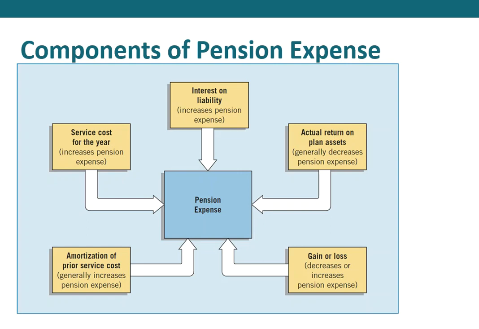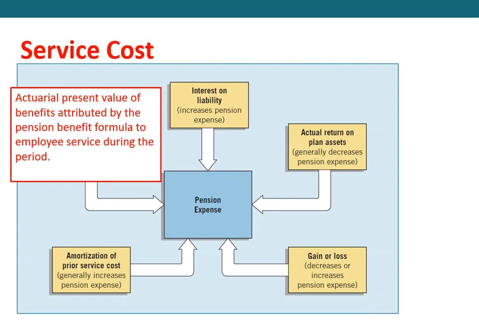We've got 5 contributing factors to a company's pension expense. It's service cost for the year, interest on the pension liability, actual return on plan assets, the amortization of prior service costs, and gains or losses on the plan's assets. Let's consider these individually. First, the service cost. That's the actuarial present value of the benefits attributed to the pension benefit formula for the employees during the current